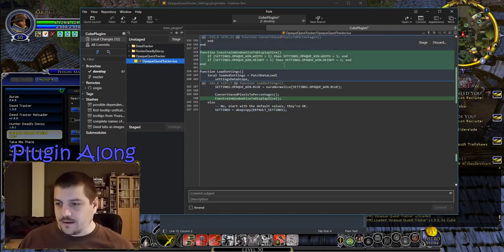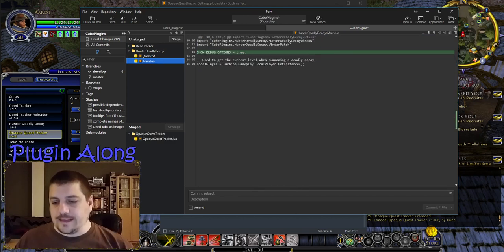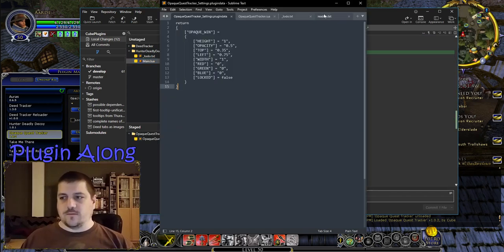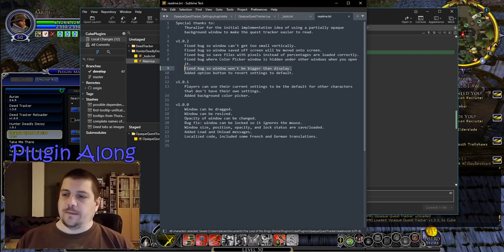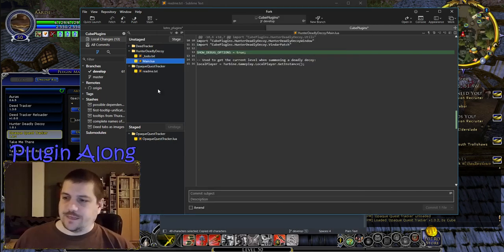But here, I think that's worth pointing out our good work in the README. So fixed bug, so window can't get bigger, so window won't be bigger than display. I mean, that's a pretty low bar, but